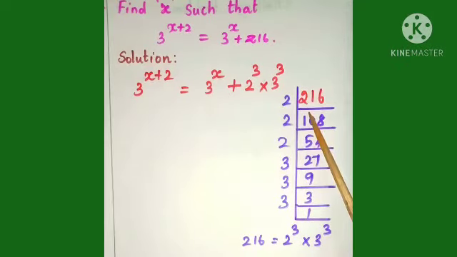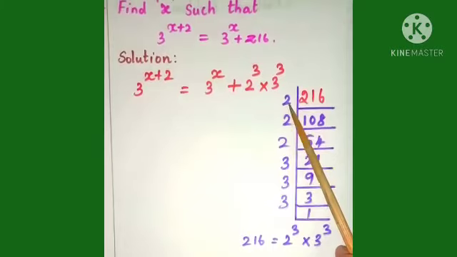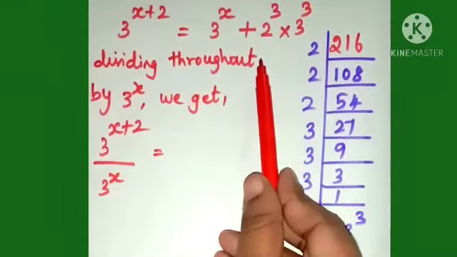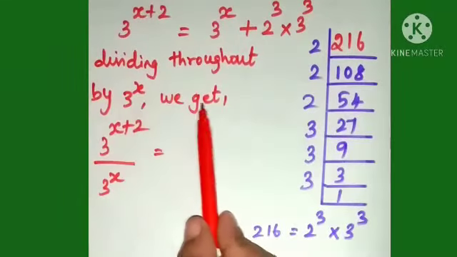We know how to find the exponential form for the given number. The expanded form of 216 is 2 into 2 into 2 into 3 into 3 into 3. That is, 2 is multiplied by itself 3 times and 3 is multiplied by itself 3 times. So we can write 216 in exponential form as 2 to the power of 3 into 3 to the power of 3. Now students, dividing throughout the exponential equation by 3 power x, we get